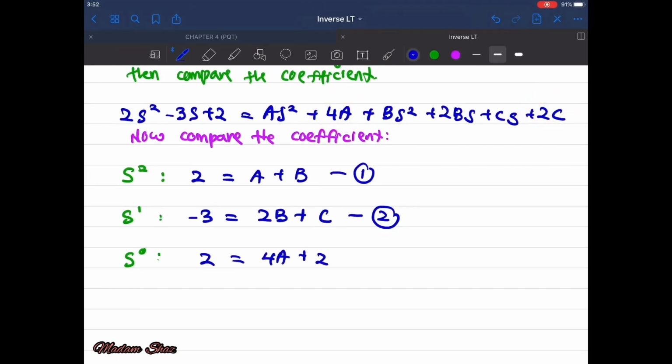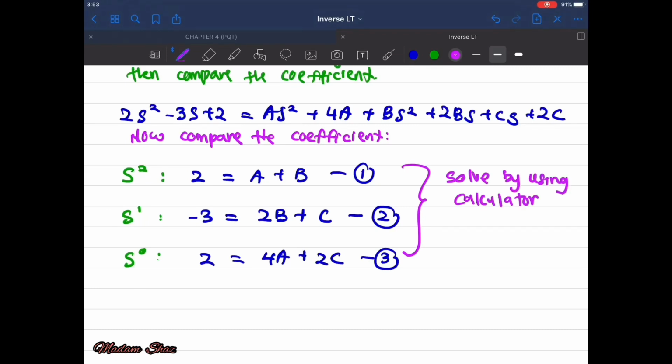4a plus 2c. So this is our third equation. So now you have to solve everything here by using calculator. So how to solve by using calculator? So you go for the mode, EQN,